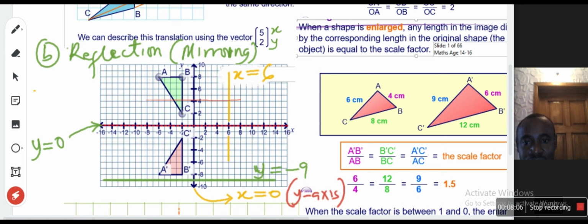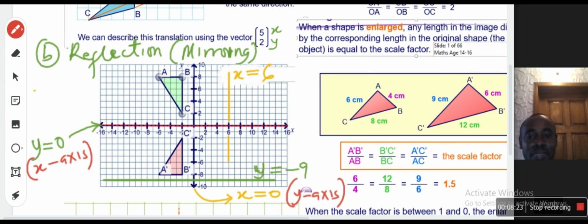Y is equal to 4. This one is y equal to 2. This is y equal to 1. So this has to be y equal to 0. So the x-axis is actually the line of y equal to 0. So this is the x-axis. So if that is the case,